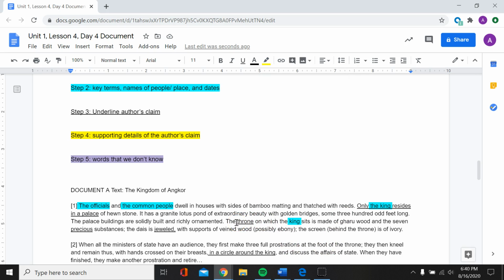So I'm going to go ahead and highlight this in yellow. And first let's read it. It says, the throne on which the king sits is made of Gwaru wood and the 7 precious substances. The dais is jeweled with supports of veined wood, possibly ebony. The screen behind the throne is of ivory. Okay. So the throne on which the king sits,